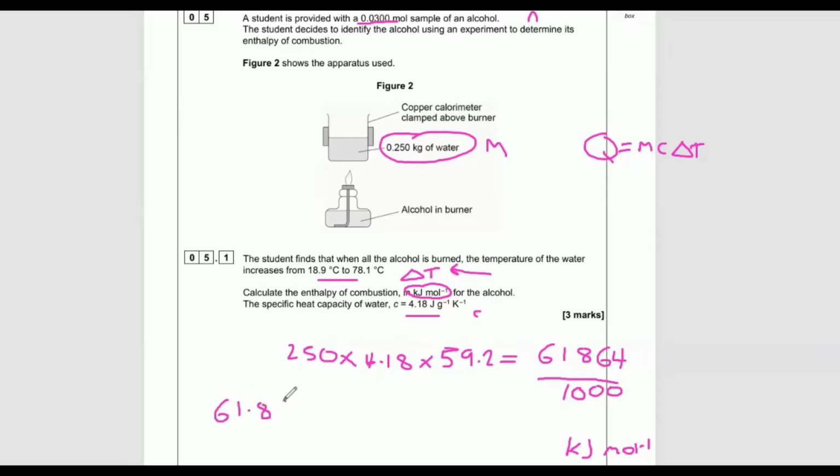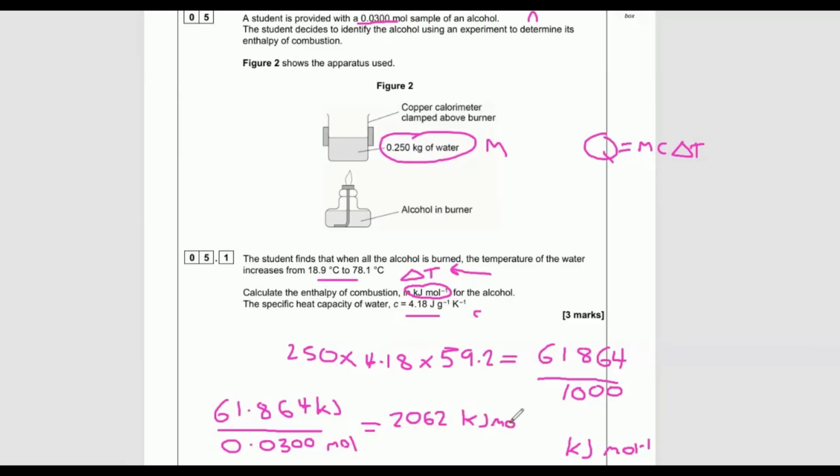Now, our final answer needs to be in kilojoules per mole, or mol^-1, which means we've got to divide kilojoules by moles. And we're given the moles this time, 0.03 moles. Sometimes they give you the mass in grams of the fuel, and you have to convert that into moles using the Mr of the fuel. This time we haven't had that extra step. It's only 3 marks. So you just do the kilojoules divided by the moles, and we get